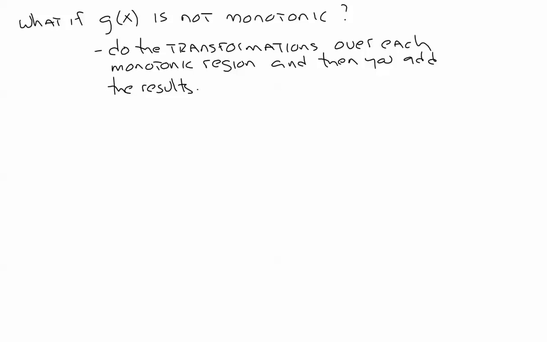Now, I'm going to write down a function to kind of quantify this. And it's a quasi-function. I don't want you to get too worried about this. But just let me sort of summarize it this way. The probability density function for y will equal the summation over each monotonic region of the probability density function for x in each monotonic region